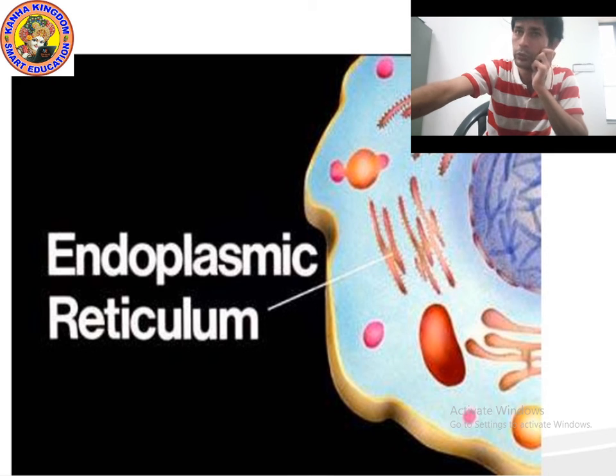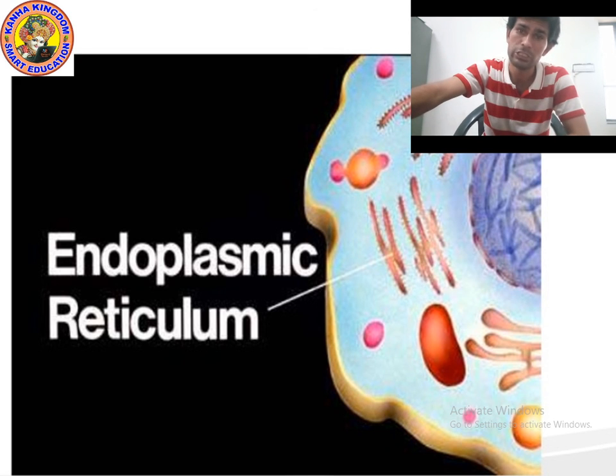And there are two types of endoplasmic reticulum, rough endoplasmic reticulum and smooth endoplasmic reticulum, which I already explained. The functions of endoplasmic reticulum are detoxifying poisonous material and exchanging the material. And the function of rough endoplasmic reticulum is to manufacture protein. Now it's time to ask questions. Let's move on to the last point.